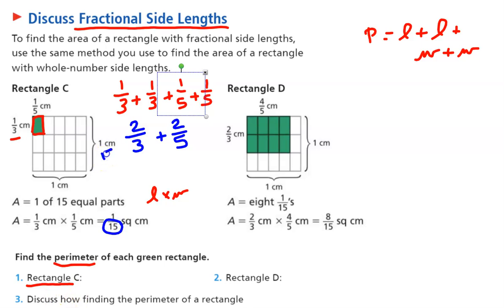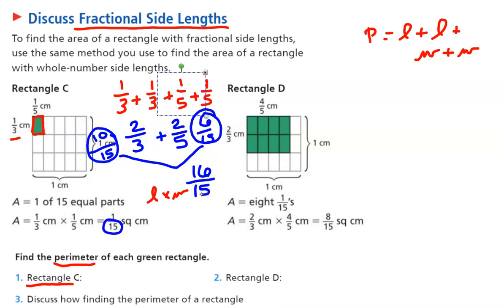So how do I change 2/3 to be 15ths? Well, 3 times 5 equals 15, so I would do 2 times 5 here, which equals 10. Okay? And then on the other side of this, to get from 5 to 15, I would have done times 3. So what's 2 times 3? That is 6. So what I'm actually adding together are 10/15ths plus 6/15ths, which is going to equal